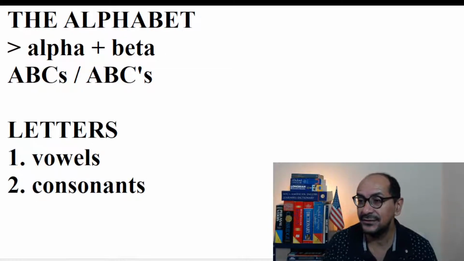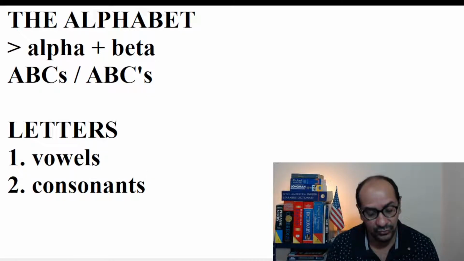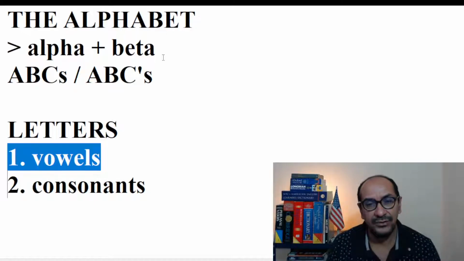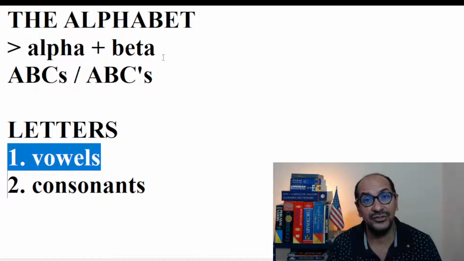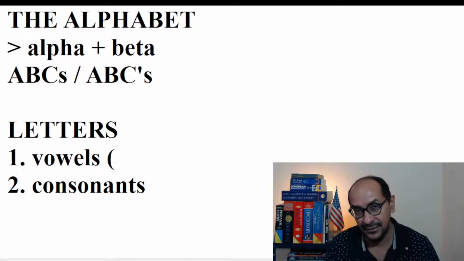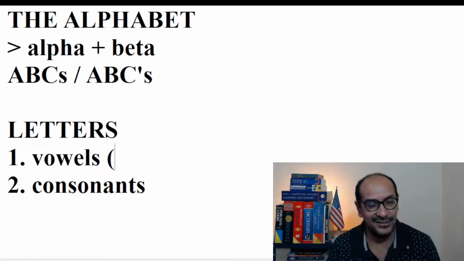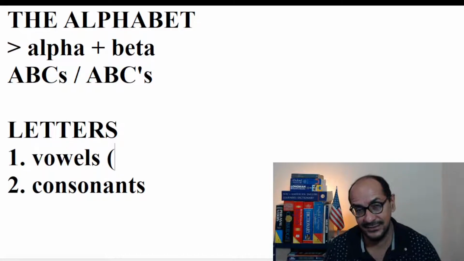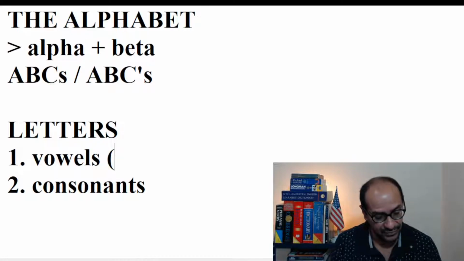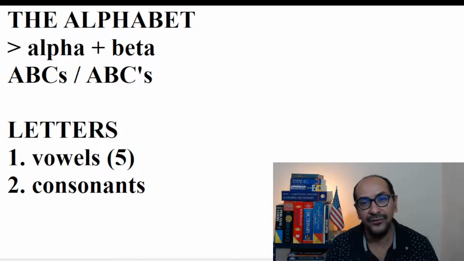Okay, yes, I can see you nodding there. So we have the vowels and we have the consonants. This is something interesting because sometimes we can consider that the vowels are more complicated than the consonants. Without the vowels, we are not going to sound, because only consonants usually have no sound at all. I mean, in our language, right? There are some crazy languages around the world that use lots of consonants. So remember that when we talk about the vowels, we have five of them.